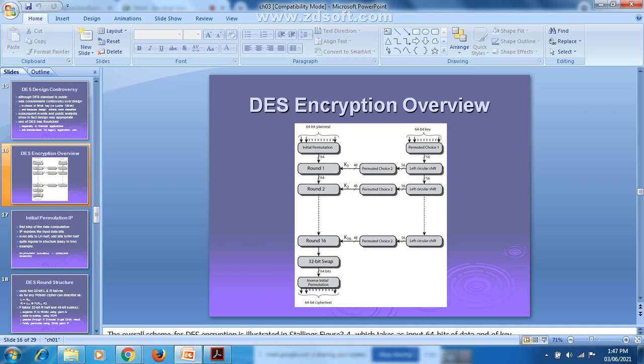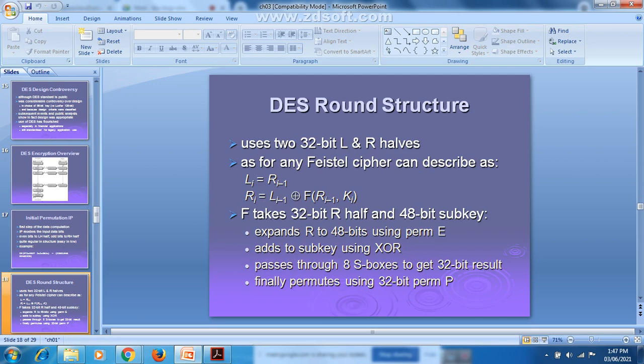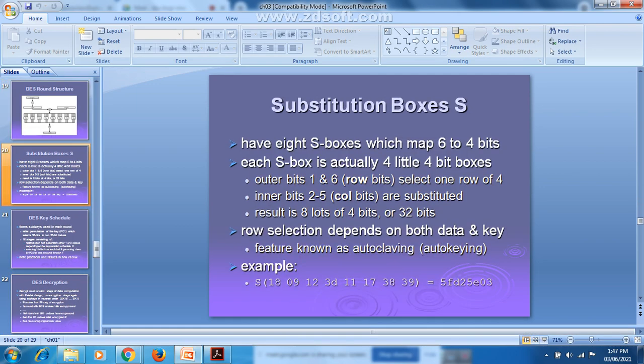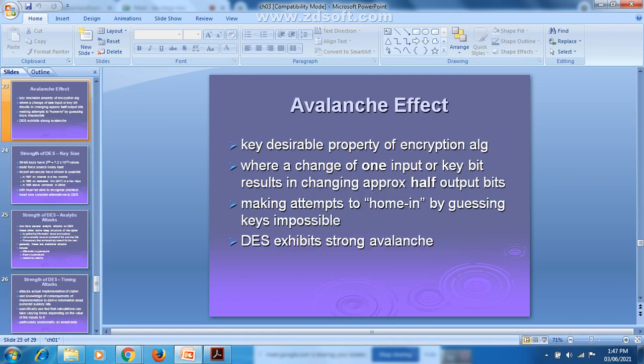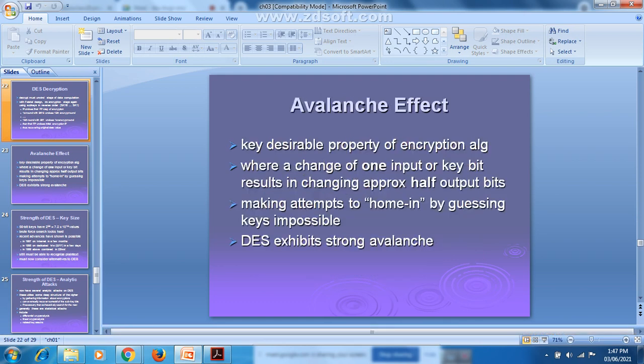Any doubts with this? Because it is very important, guys. Any doubts with the DES? This completes, I think, DES. We have seen what DES is, what the history of DES is, what the DES design controversy is, and the DES encryption overview.